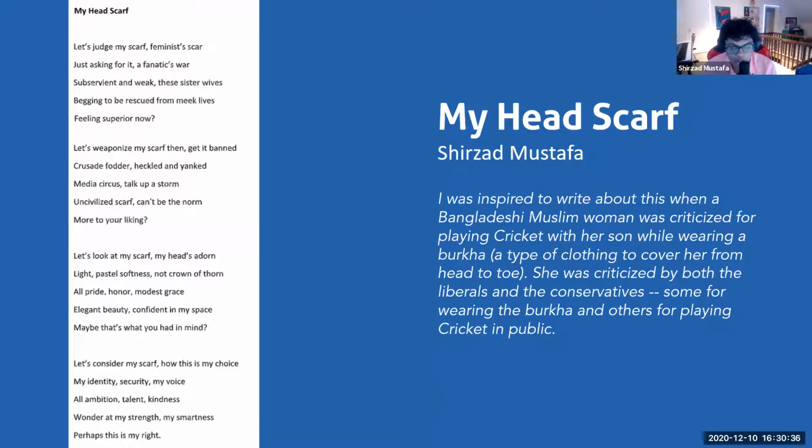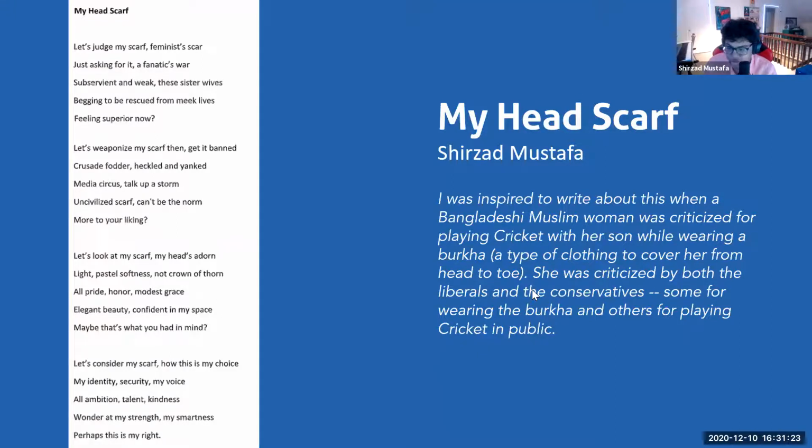So I was inspired by a lot of things. One of them being that picture, and this picture had a lot of impact on me because it was a mother and a son, and I have a very great relationship with my mother, and she has taught me many things and encouraged me to focus on my interests in human rights and international relations and all that. And this picture also stood out to me because it's something that's not considered normal in countries like the U.S. and countries in Europe,